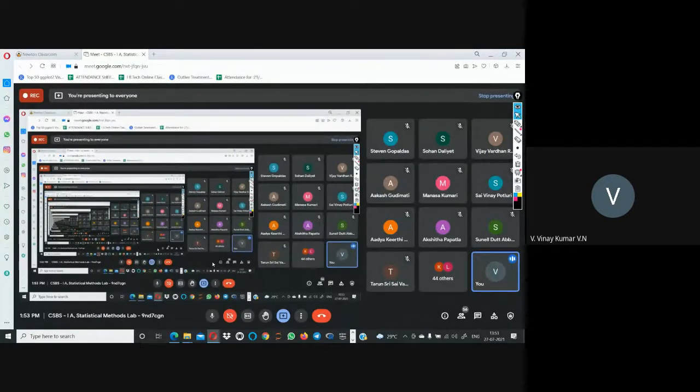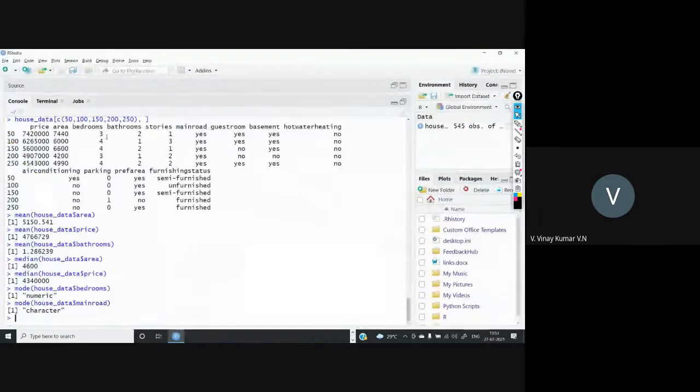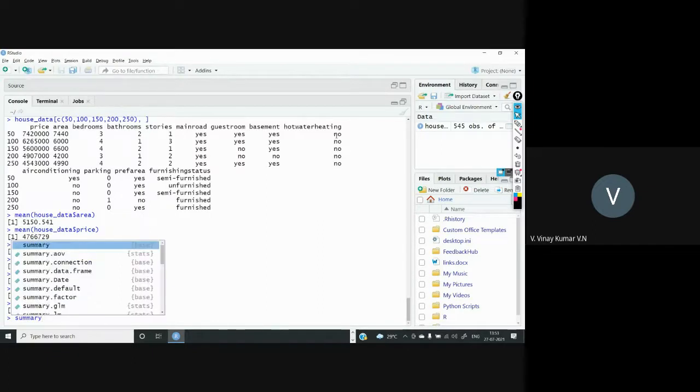Once after doing all these things, now we'll see a particular column. We take one particular column and find out whether we have outliers in it or not. If we have outliers, then we can use a technique to remove them. To do that, first we see the statistical summary of the given table. To see the statistical summary, we use summary, an inbuilt function.